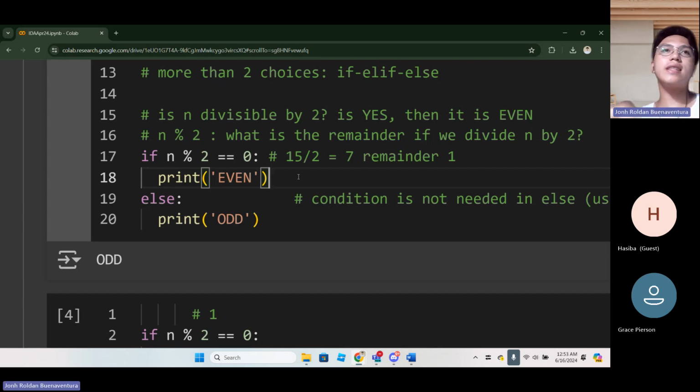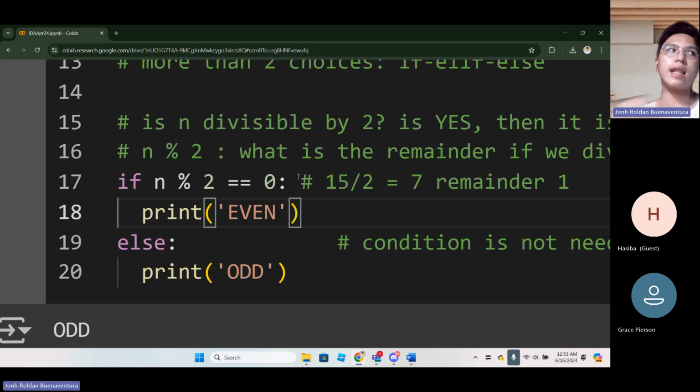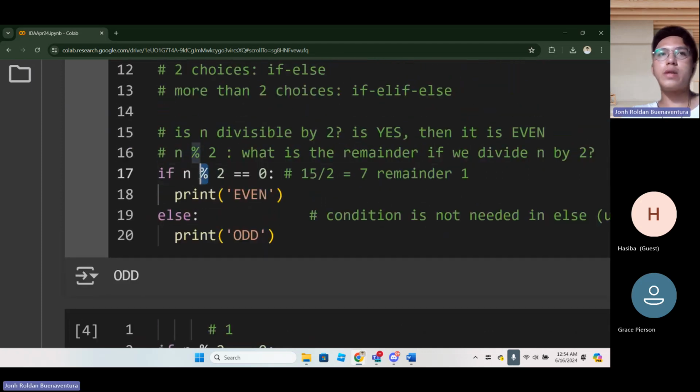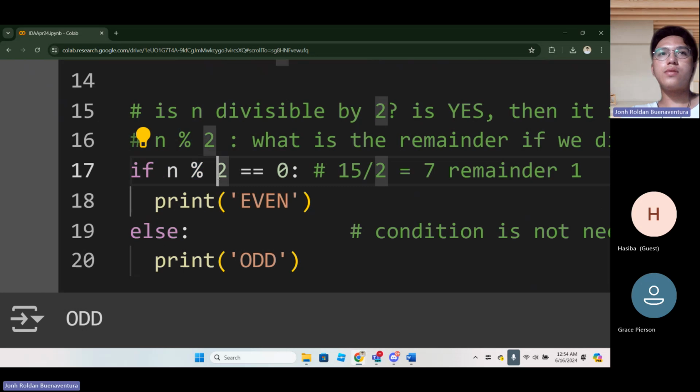To translate that into the language understandable by Python, we are using the modulo operator. Take note that this operation is called the modulo operator. If you use the modulo operator, it will give you the remainder after you divide two numbers. Let's say n is 15.